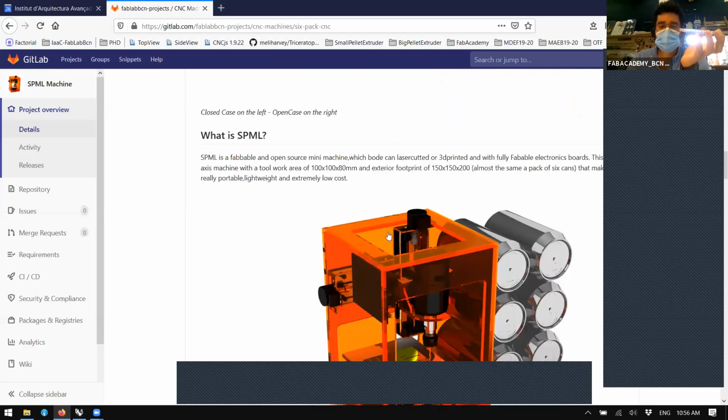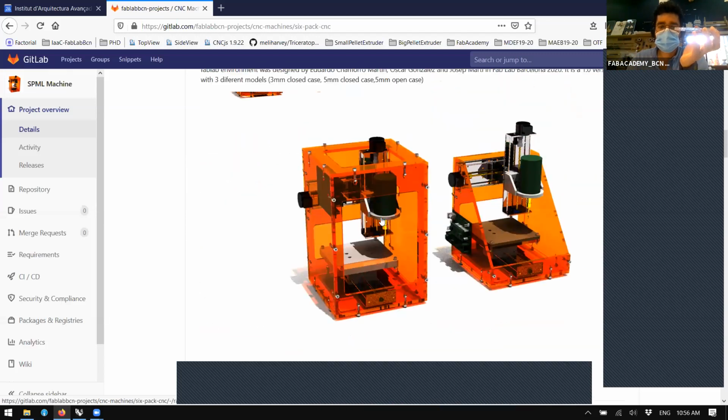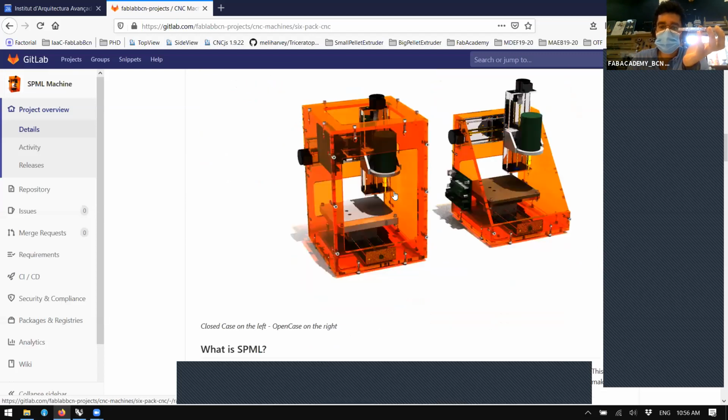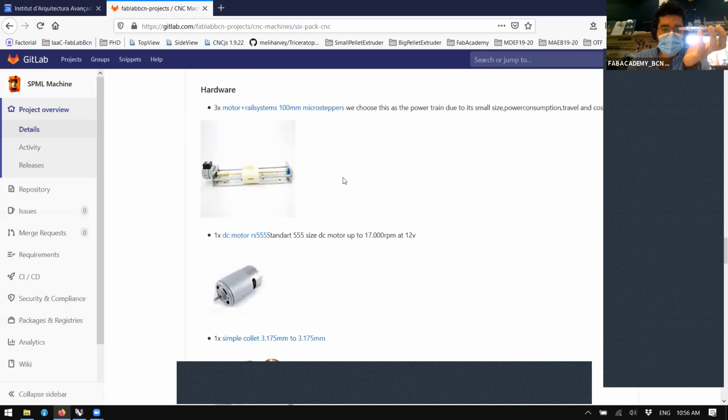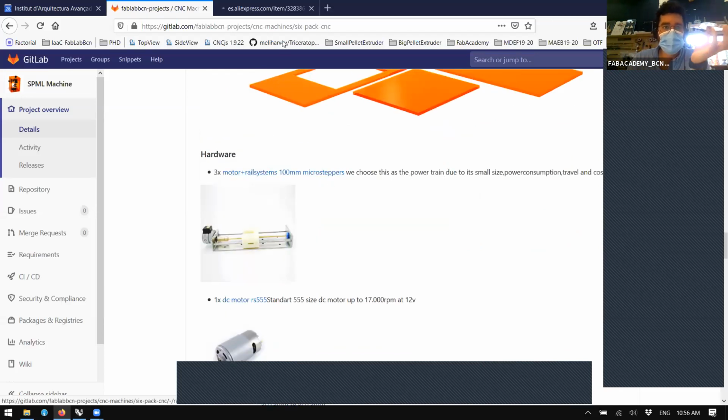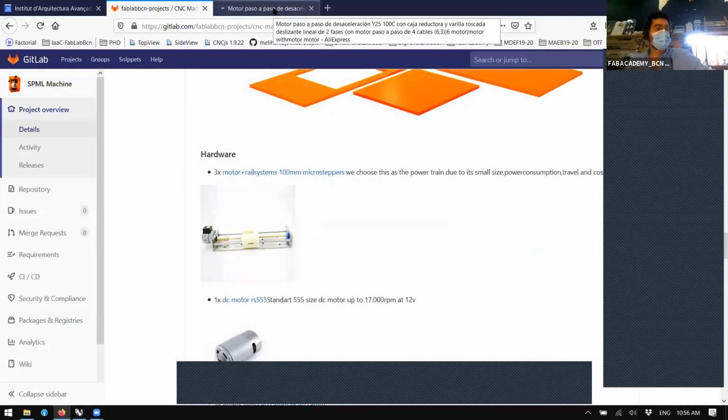Why? Because all the machine is designed from this slider. This is all the mechatronics that produce the movement of the machine. So this slider is one of the reasons why this machine is cool. It's a really small slider that you can buy,